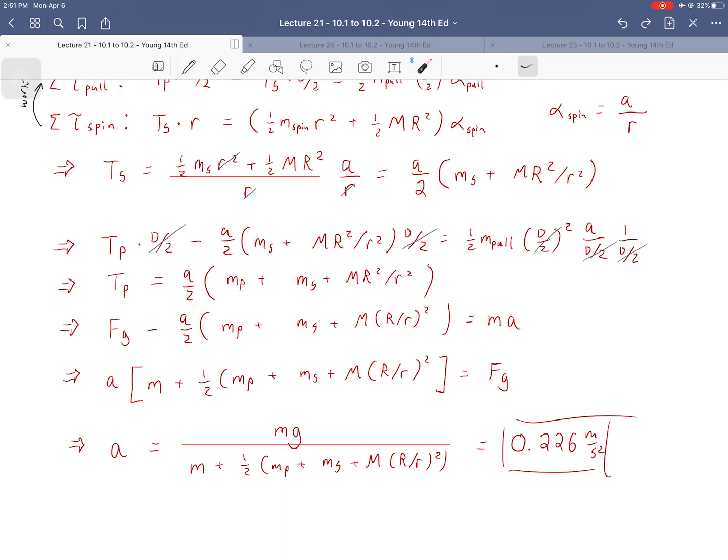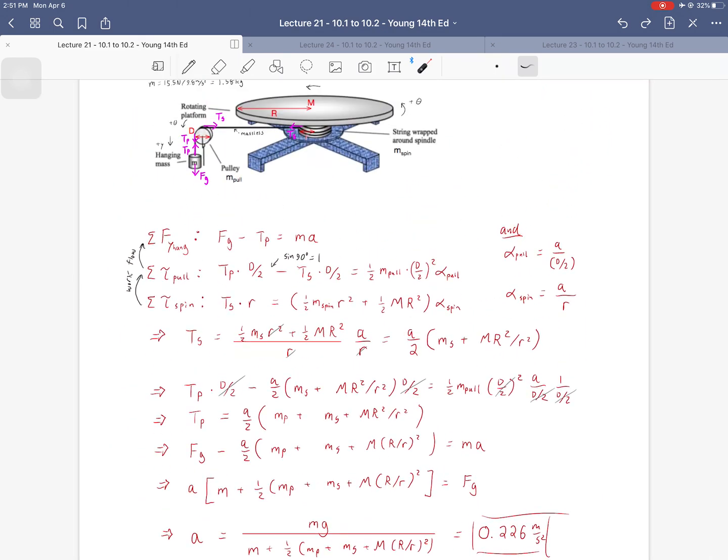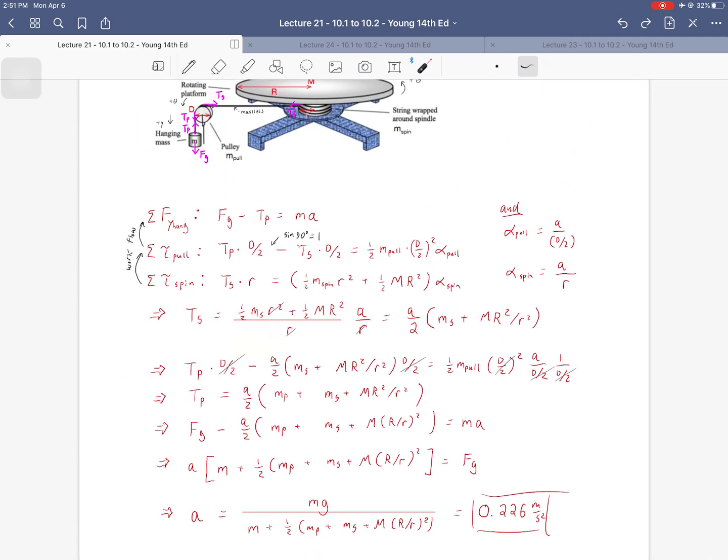Okay, but in this case we had all values, so I can plug them all in, and when I do, I get an answer of 0.226 meters per second squared. So good one for practice, kind of a big example, connects a lot of ideas. Make sure you look over my solution and make sure it makes sense to you and you can do it yourself. Okay, so that concludes